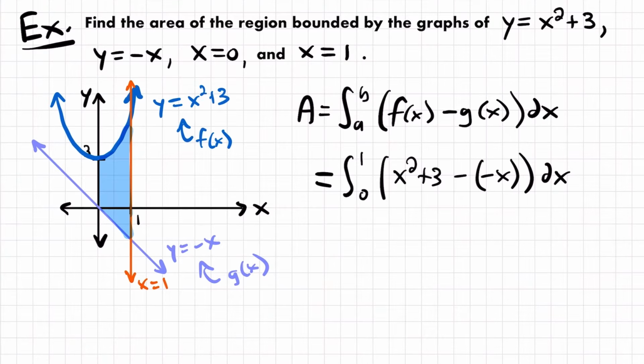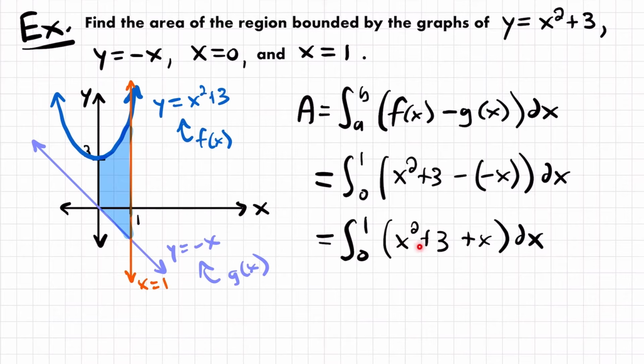And so if we simplify, this will be equal to the integral from 0 to 1 of x squared plus 3, and then this negative and this negative will cancel out to become positive, so we'll have plus x and then dx. All right, so now we can integrate all of these terms by using the power rule of integration, and so we'll have that this is equal to the integral of x squared, and remember that the power rule of integration says that we add 1 to the exponent and then divide by that new exponent,